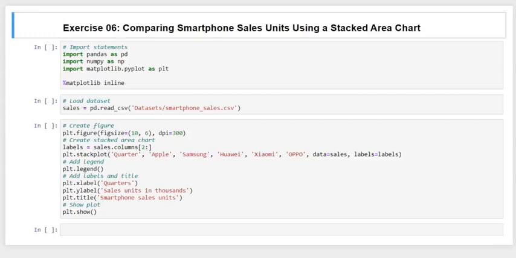Okay, dear friends, now let me go on to this exercise. That is, we will compare smartphone sales units using a stacked area chart. Okay, here, what are the scenarios? You want to invest in one of the five biggest smartphone manufacturers. So looking at the quarterly sales units as part of the whole may be a good indicator of which company